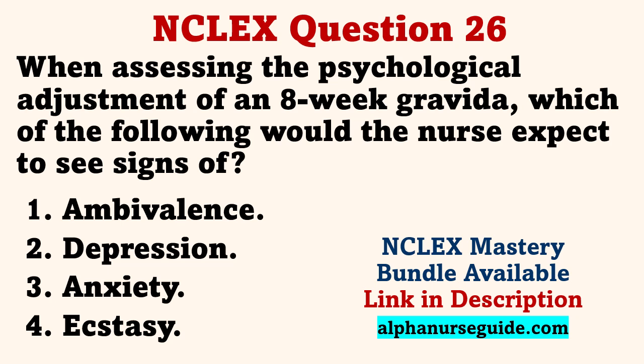The correct answer is 1. Ambivalence. It is common for women to be ambivalent about their pregnancy during the first trimester. Even women who stop taking birth control pills to become pregnant are often startled and ambivalent when they actually get pregnant. This is not pathological. The women usually slowly accept the pregnancy, and by 20 weeks gestation are happy and enthusiastic about the prospect of